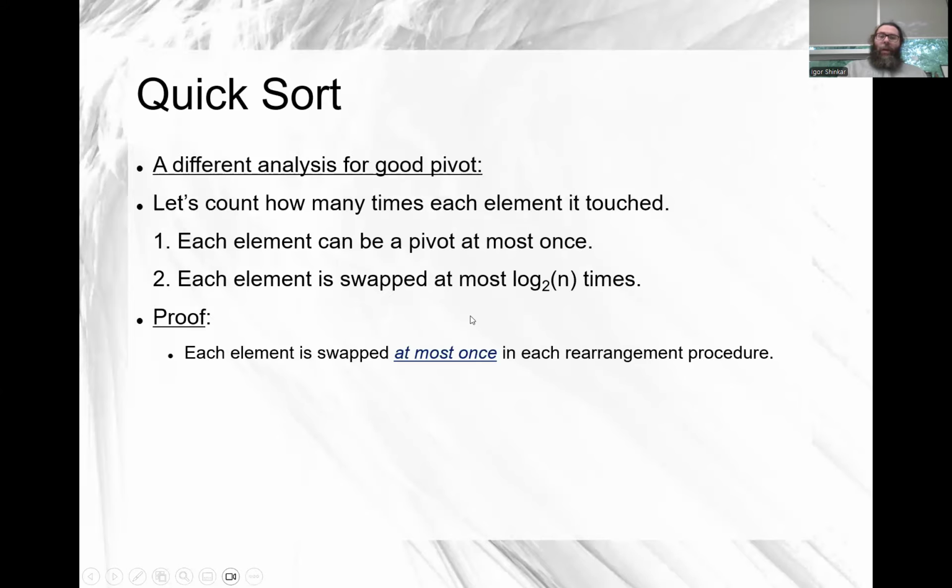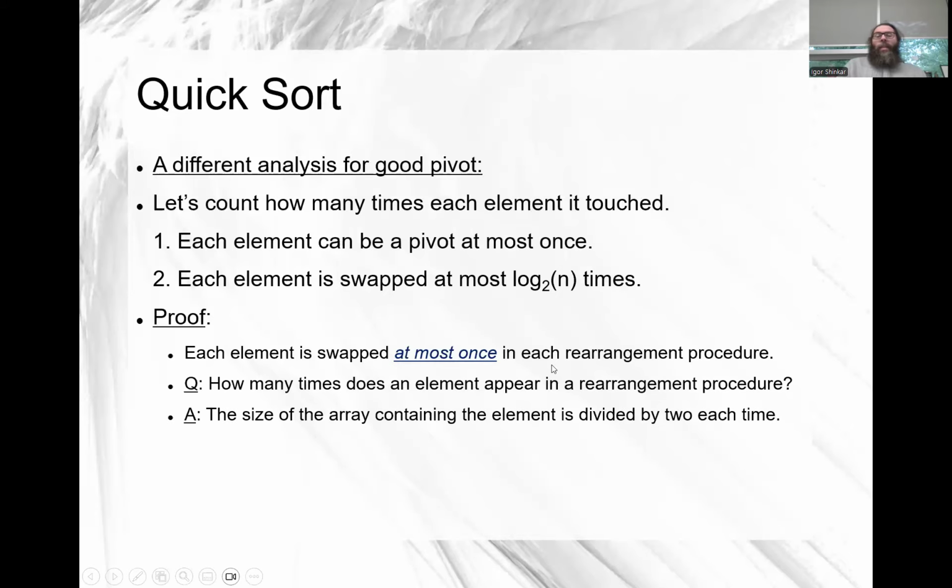Why is that? Because I'm claiming that in each rearrangement procedure, we have these recursive calls, but if you fix one recursive call and you look at the rearrangement procedure for this subarray, each element is swapped at most once, right? Because the pointers say, move left, move right, move right, move left, and then swap. And after a swap, it goes to the next element, right? So each element is swapped at most once,